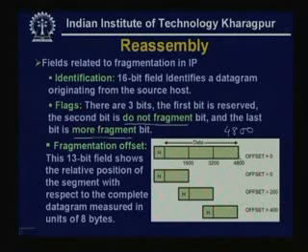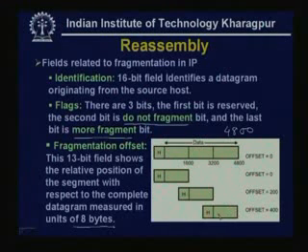So, these are the 3 packets. Now, as we have seen, the maximum size is 64 kilobytes, which cannot be represented by 13 bits. That is why it is expressed in terms of 8 bytes. So, this 1600 is divided by 8 to get an offset of 200, and 200 is written in that offset